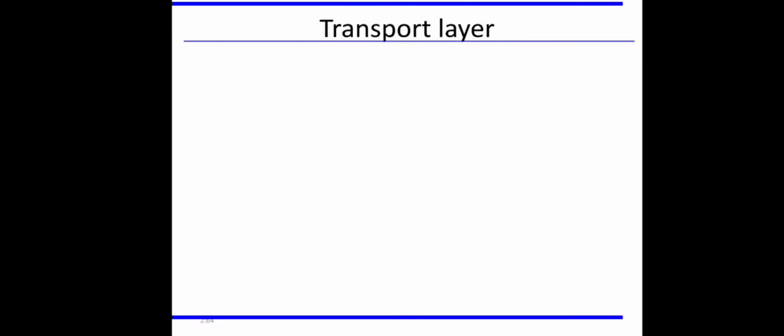Hello all. This session we will see different functions of transport layer. So we have seen the functions of physical, data link and network layer in the previous sessions, right? And the remaining 4 layers, those are transport, session, presentation and application layers, are present only in the host systems. That is, only present in the end systems. So the intermediate connecting devices like routers and gateways contain only up to network layers.